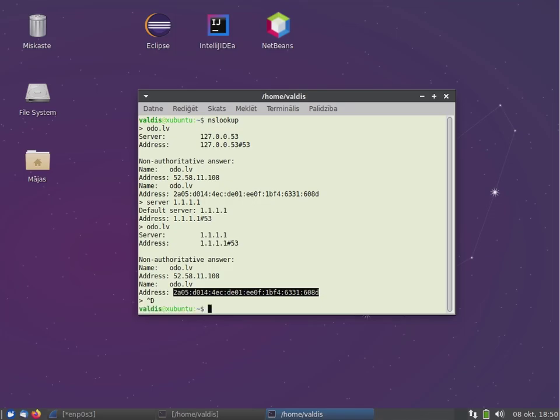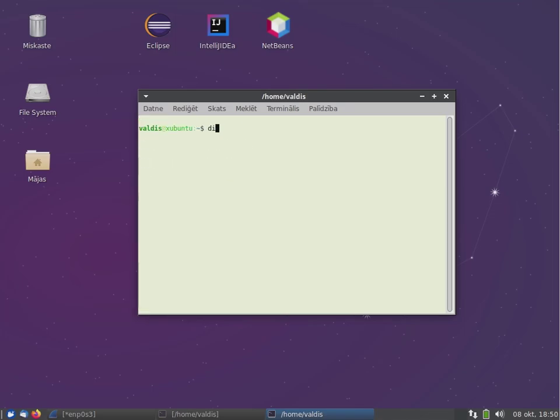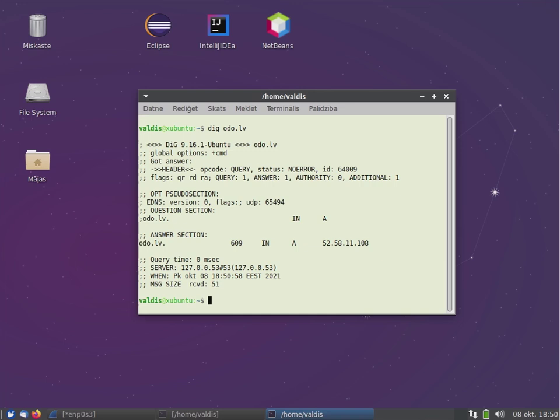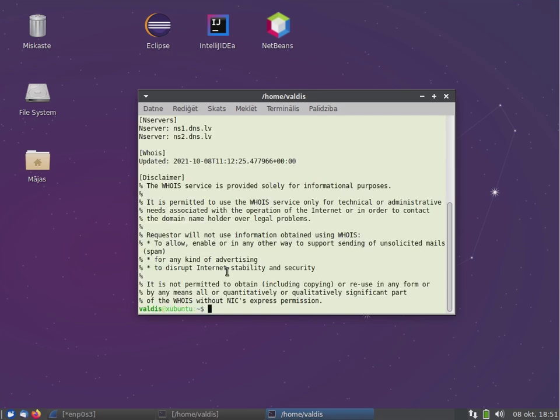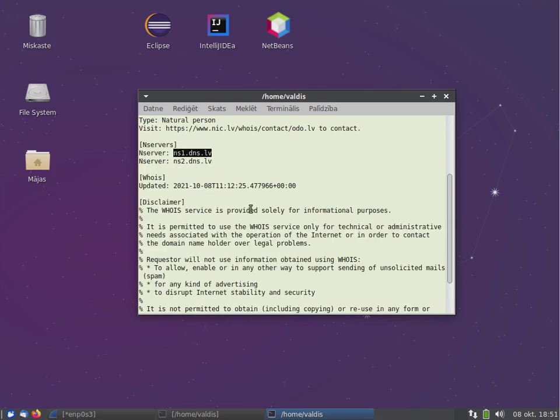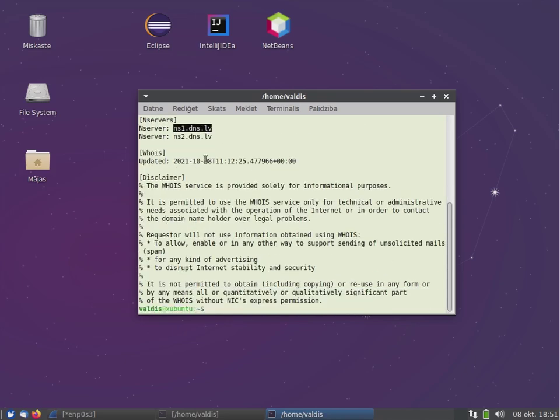So who gives the authoritative answer? We can use a utility called dig, I think. No, whois? So the name servers for odo.lv are actually these ones.